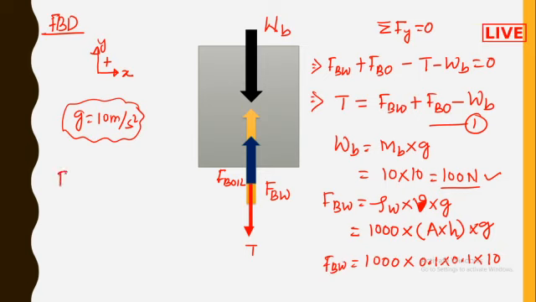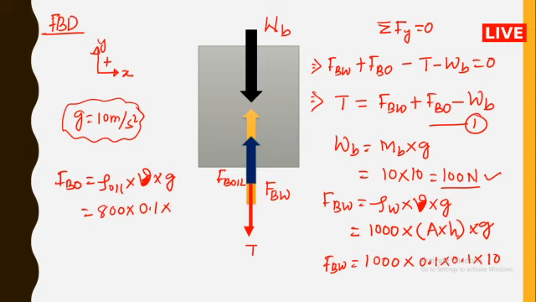Similarly, if you find out the buoyancy force due to the oil, that is density of the oil into how much volume of the block has been submerged inside this oil, into g. So density of the oil, how much? This is specific gravity 0.8, so that is 800 kg per meter cube. Similarly, cross section area into depth of the block inside this oil surface, so that is cross section area 0.1 into the depth of the block, which is 125 millimeters, so this is 0.125, into 10. So this is the magnitude of the buoyancy force due to water, and this is that one.